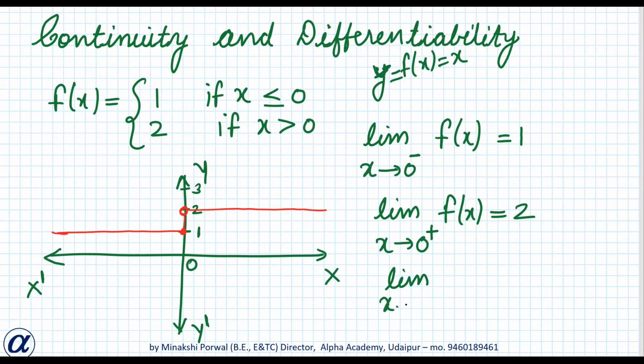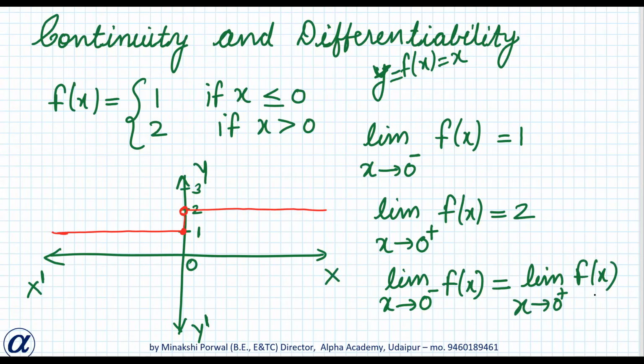So for the first condition for a function, as we are seeing here at point 0, we looked around 0, therefore I am writing 0 minus and 0 plus. Then we will write a general statement also. So the first thing for a function to be continuous is that limit x tends to 0 minus f(x) should be equal to limit x tends to 0 plus f(x).